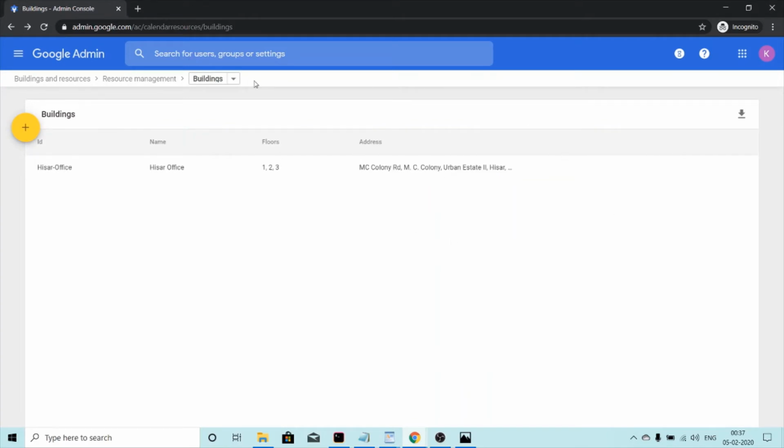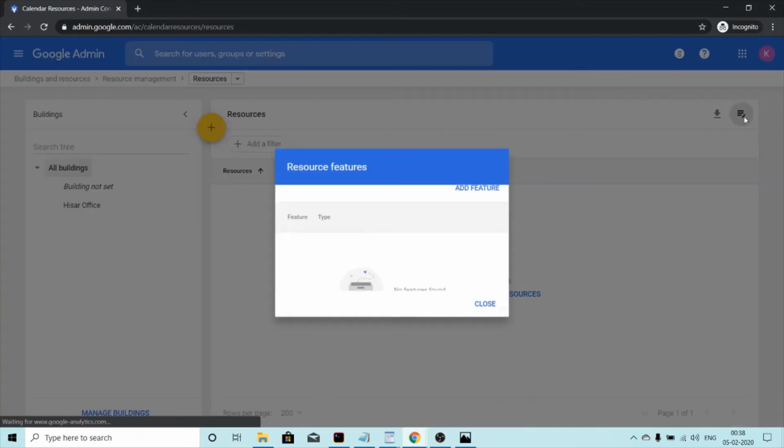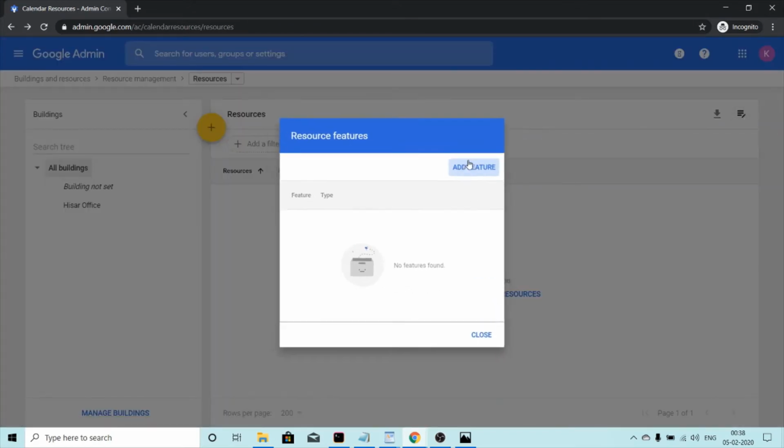Everything is perfect. Now once we've added the building, we'll switch to resource view. It is necessary that you always create a building first, because you would need a building ID to associate a resource with a particular building. So now that we have added building, let's now add features to a resource. For that, we'll click on this icon with 3 horizontal lines and a small pencil, and then add features,